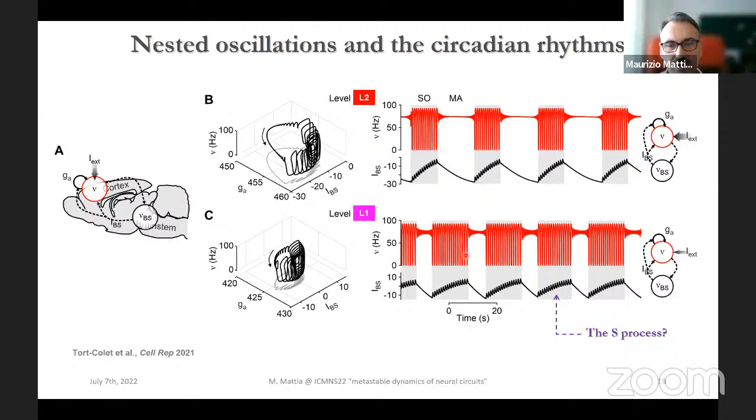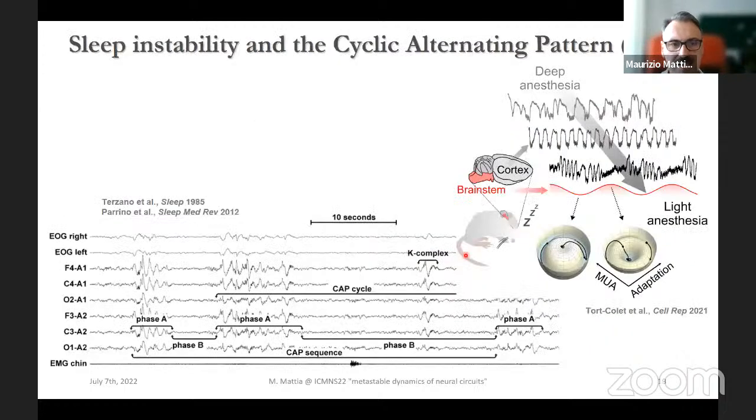This is just to tell you that, again, this is a very nice example. As I told you, from the experience, we also tested this hypothesis of the existence of these two attractors, finding many proofs of the reliability of this theoretical description, which tells you that there is another kind of metastability. So there are several metastabilities that are differently expressed depending on the global states of the brain.